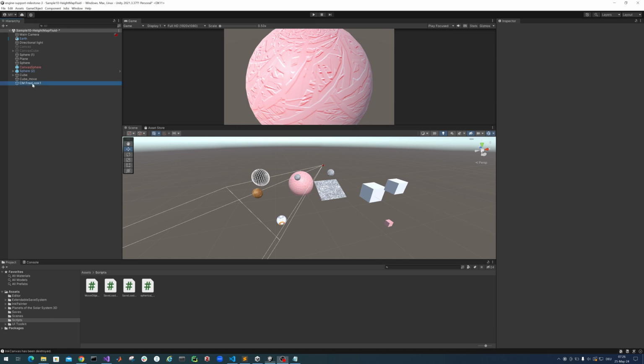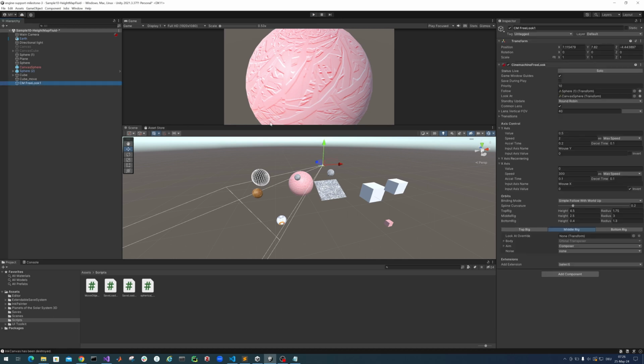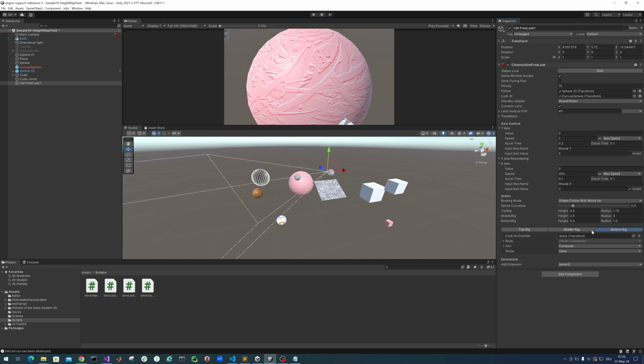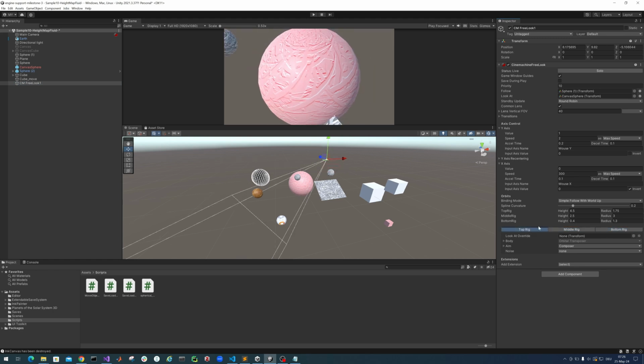Now if we have a look at the properties of this free look object, this section, top rig, middle rig and bottom rig, will change the position of the free look camera. And if you want to look around fast, we should change the value of, for example, the speeds, let's say 1000,